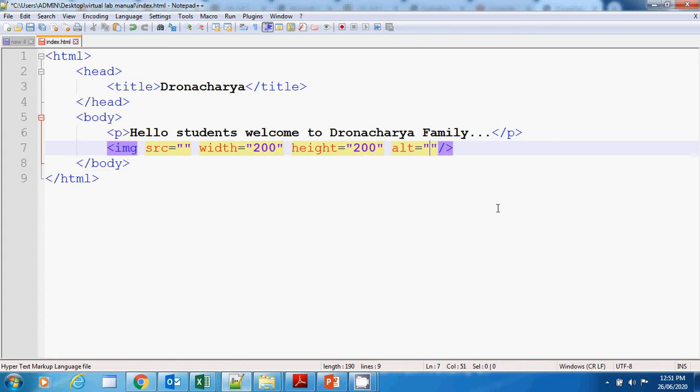ALT is for alternate text, means, due to some network fluctuations, if your image is not uploaded on the server, or by opening a particular page of a website the image is not downloaded on your browser, then this alternate text appears in place of that image. So we can write anything, whatsoever text you want to display in place of your image if the image is not uploaded or downloaded, right?